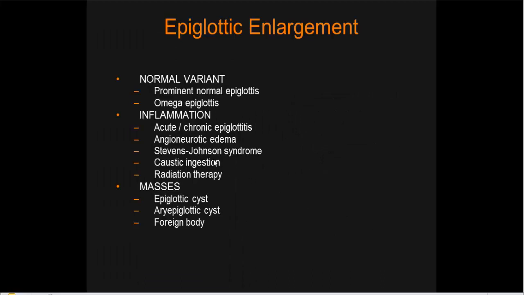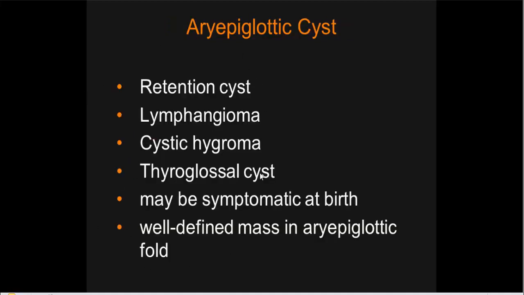Epiglottic enlargement may be a normal variant, a prominent normal epiglottis, or an omega epiglottis. It may be inflammation: acute or chronic epiglottitis, angioneurotic edema, Stevens-Johnson syndrome, caustic ingestion, radiation therapy. It may be a mass like an epiglottic cyst, or a foreign body. Aryepiglottic cysts may be retention cyst, lymphangioma, cystic hygroma, or thyroglossal cyst, may be symptomatic at birth, and will define the mass